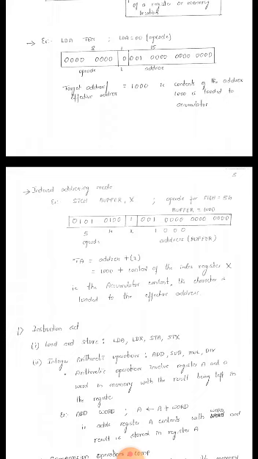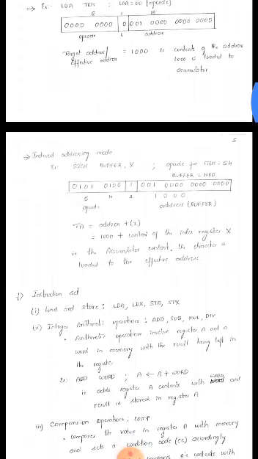Okay, so here it's 0. What will be the target address? Target address equal to 1000 itself. That is, go to that address, fetch the content what is there in that address and load into where? Accumulator. That is what? The content of the address 1000 is loaded into the accumulator.